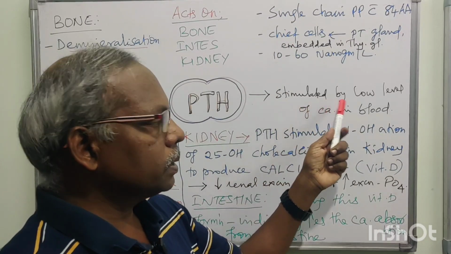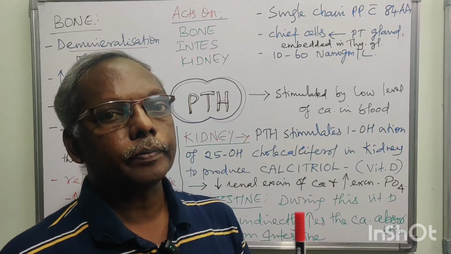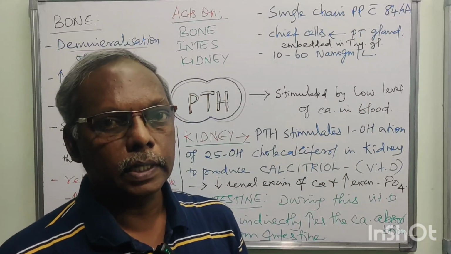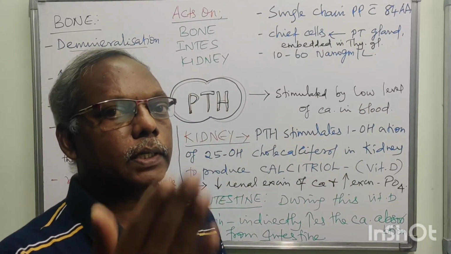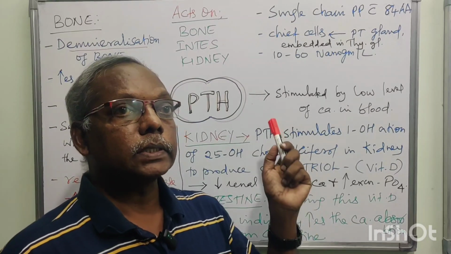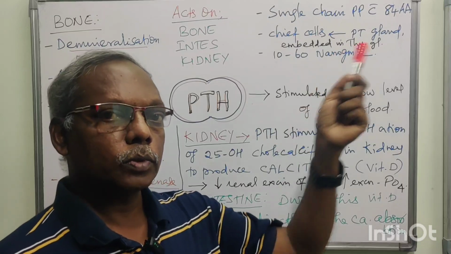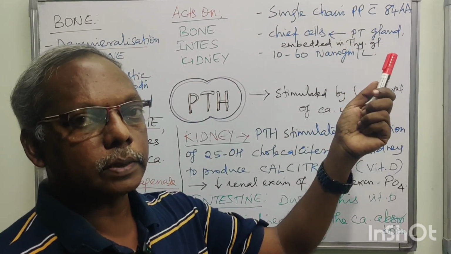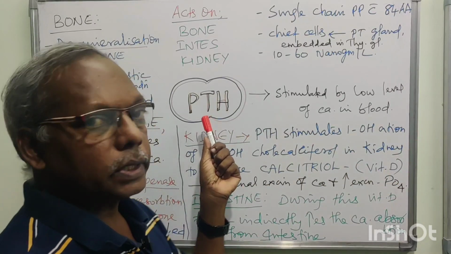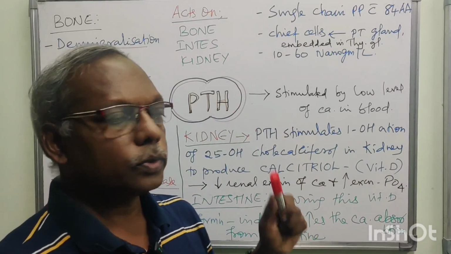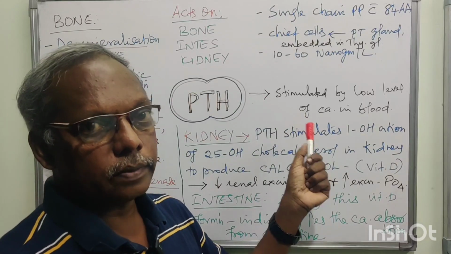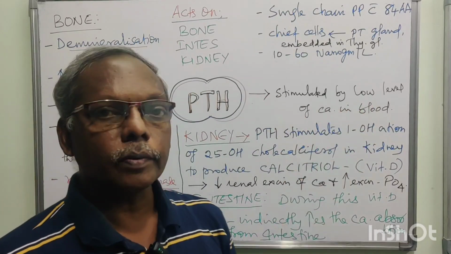Second one is, this is stimulated. Usually the synthesis and secretion of parathyroid hormone is stimulated by low level of calcium in our blood. Whenever the calcium level is low, automatically the parathyroid hormone will be increased. Already we discussed this calcium regulation. In one more separate video, we already discussed the role of parathyroid hormone in calcium level. Here the question is parathyroid hormone. So for this also, the secretion and synthesis of PTH is stimulated by low level of calcium